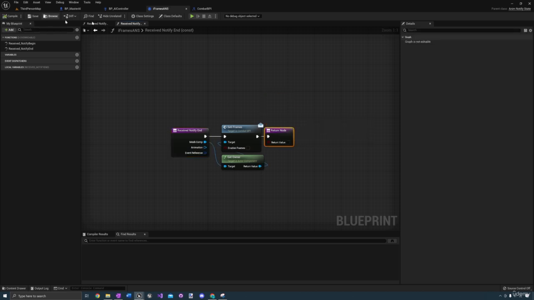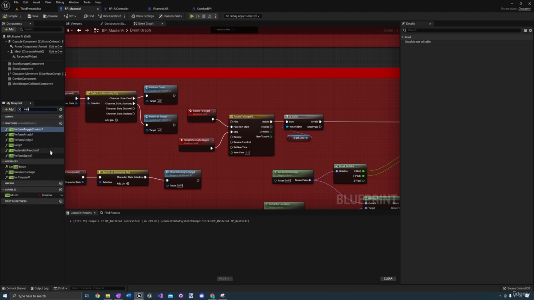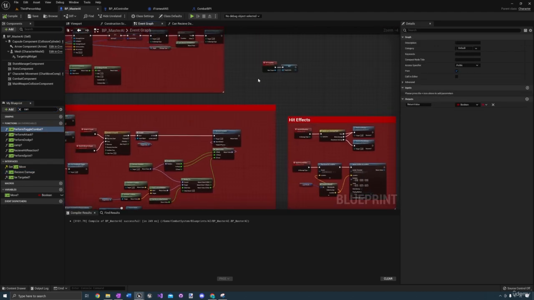Okay, compile and save. Now let's go into here and check can receive damage. And we need to check, first let's add event